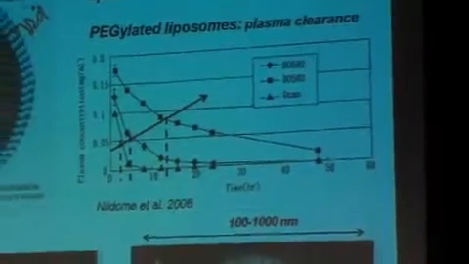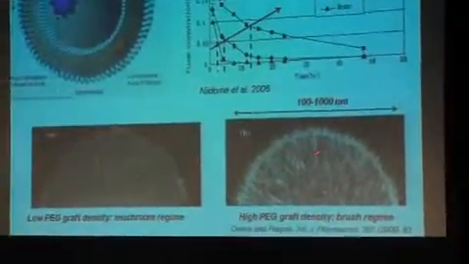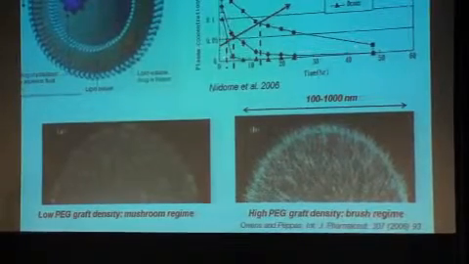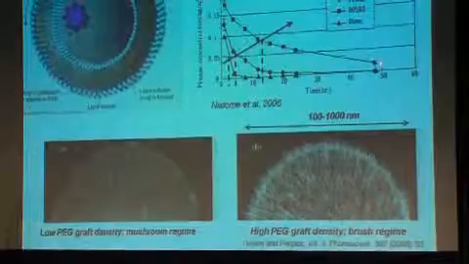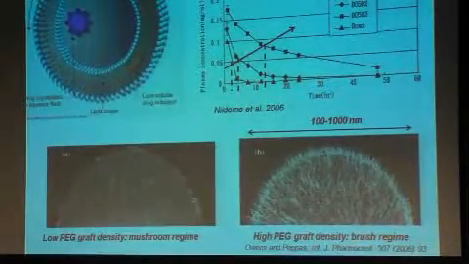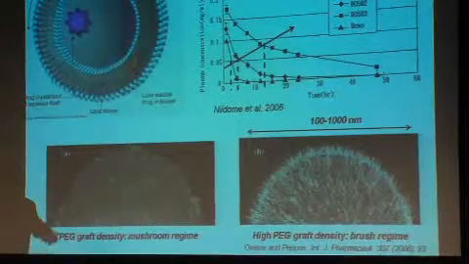So the idea is to present the surface with these types of grafted chains, graphically shown here, to produce this effect, going from this type of half-life to this type of half-life. And the idea in your head should be 48 hours is the longest we can get these particles to stay in the human body.